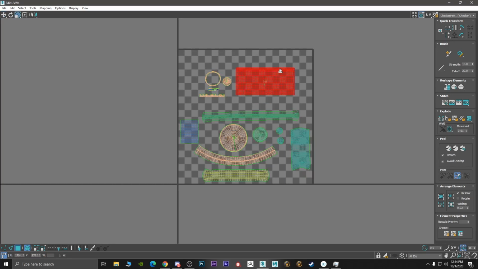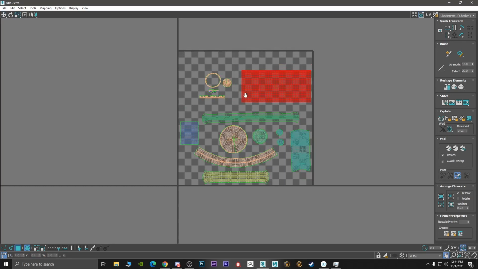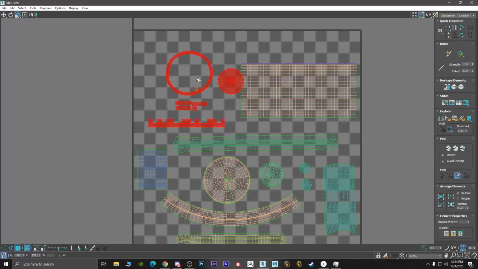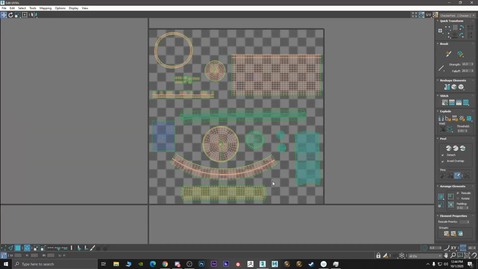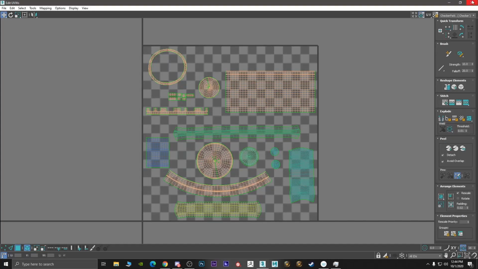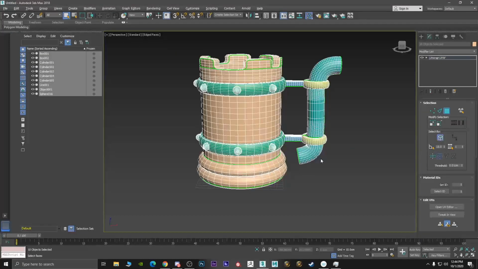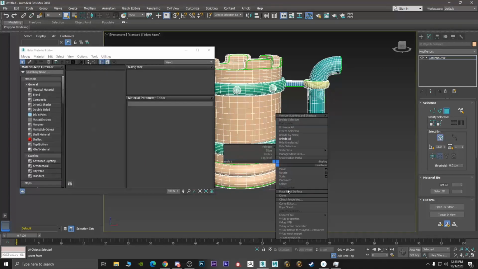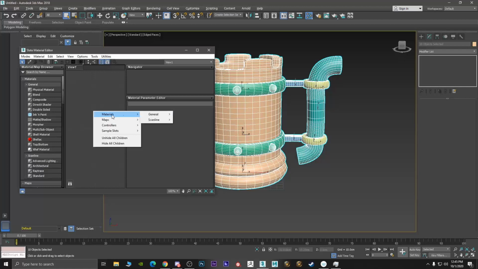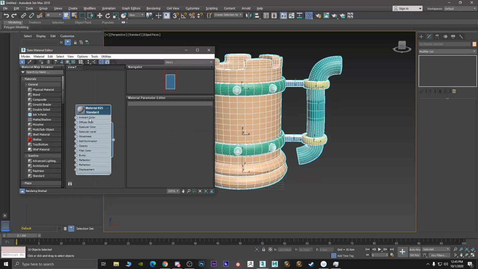There we go. I'm gonna scale this up a little bit here so I can get some more details on the actual cup and these as well. There we go. We have everything UV'd and ready. So just in case you want to make sure everything is set properly, let me right click, convert to editable poly, create a new material, a normal scanline material, like whatever you want here. You'll be fine. Standard, I'm going to create a diffuse,